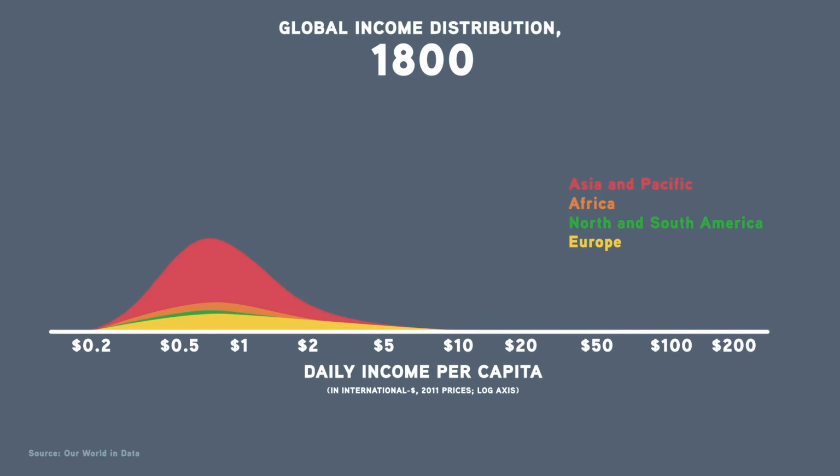The first chart looks at the world in 1800, before the rise of the new imperialism. It shows that most people everywhere were quite poor, making what would amount to less than $1 a day now. The majority of people lived in Asia, so we see a large number of Asians in that big hump of people living in quite poor circumstances. But most Africans, Europeans, and people in the Americas were similarly not wealthy. Only a small number of individuals were comparatively wealthy, and they came from different parts of the world.